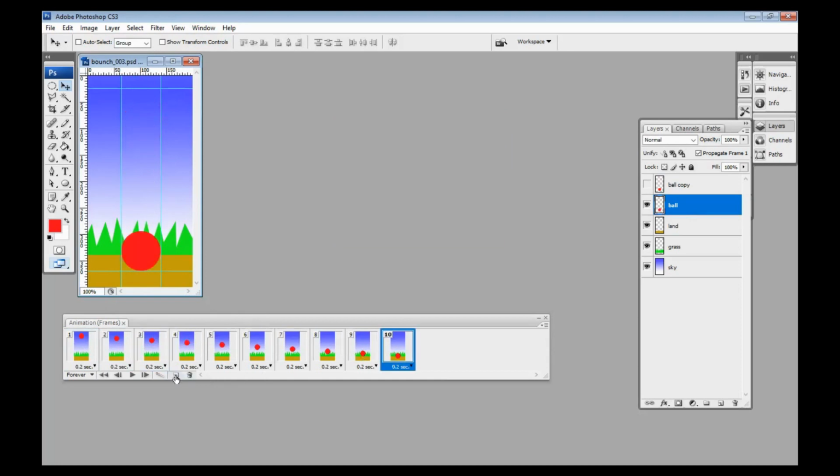And duplicate the frame again. Okay, make the layer ball invisible, and then show layer ball copy. See, okay, like this. Copy again, and then I show the layer ball. Okay, you got what I mean? Okay, like this, then